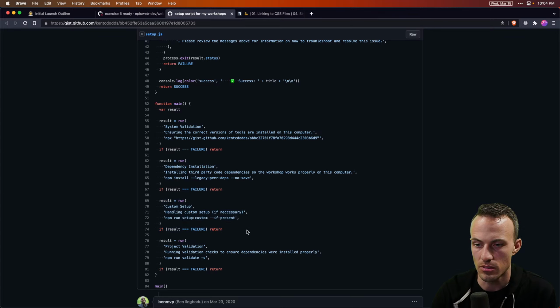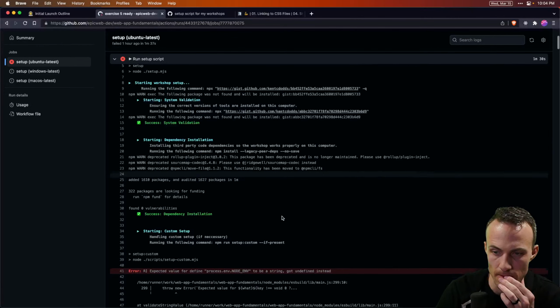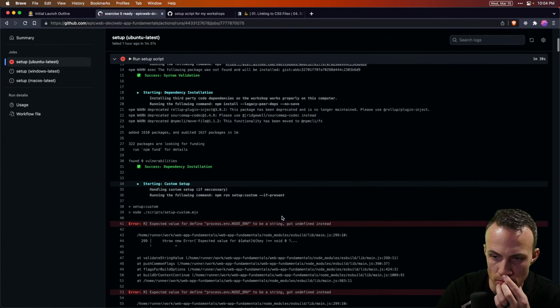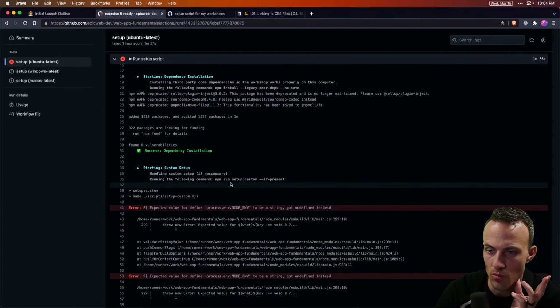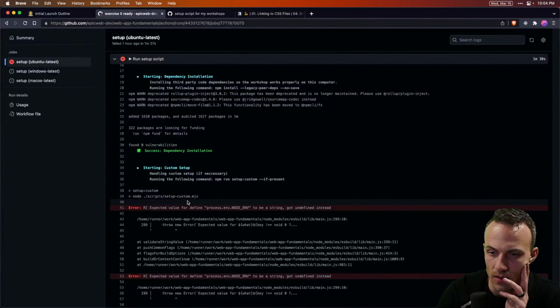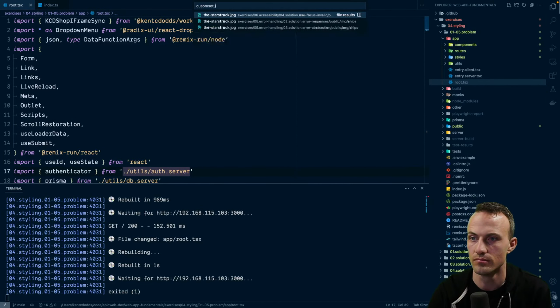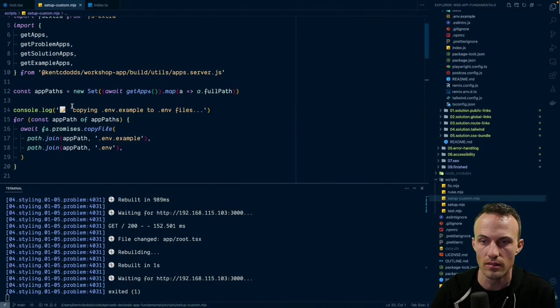Yeah, then it runs custom setup and then validation. Yeah, that makes sense. Where the heck is this coming from? We're not even getting to the part where we log anything. Oh. Yes, that is what's going on.